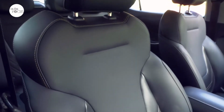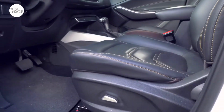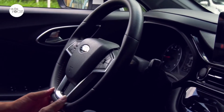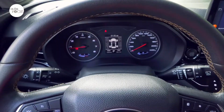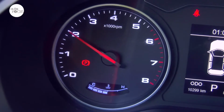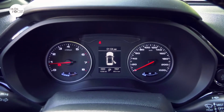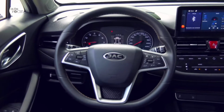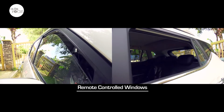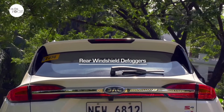Inside the cozy interior are seats upholstered in leather. The driver can adjust his seat electronically, and the multi-function steering wheel tilts to get the optimum driving position. An LED instrument panel provides the driver all the information he needs about S4 status and performance through 3 selectable modes. Other comfort and convenience features in the S4 Intelligent include remote-controlled windows, automatic climate control, rear windshield defoggers, and